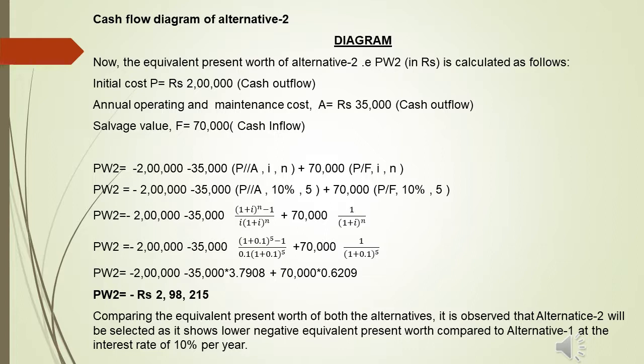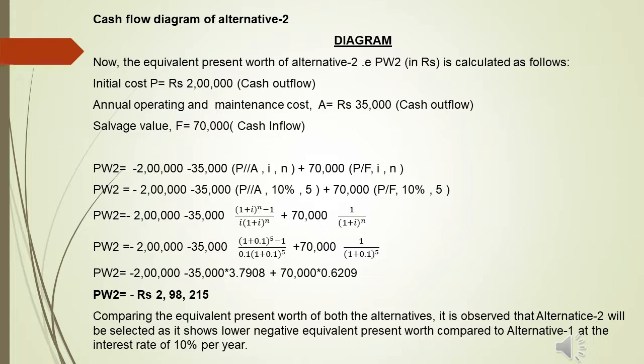So you have calculated for both the alternatives. You have calculated the net present value, and you are going to select one. So this is how you solve the problem. You have to find PW1, PW2 and compare both. So this is one kind of problem. Similarly, since they have told that you have to calculate using the present worth method, you will do this.